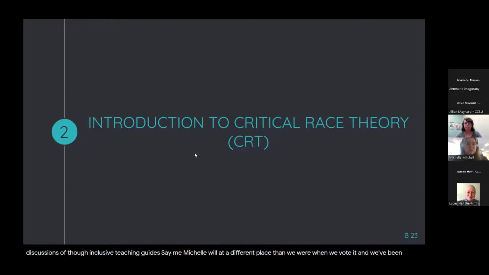But I would say Michelle and I were at a different place than we were when we wrote it. And we've been learning, we've been expanding what we're looking at, and critical race theory is something that's come up. And so we wanted to then take critical race theory and re-examine what we put in our chapter through this lens. So I'm going to give a very brief, not really an overview of critical race theory. And as I mentioned earlier, and I would just reiterate it again, there was a great conversation that went in depth on critical race theory in the previous session. I encourage you to check that out.